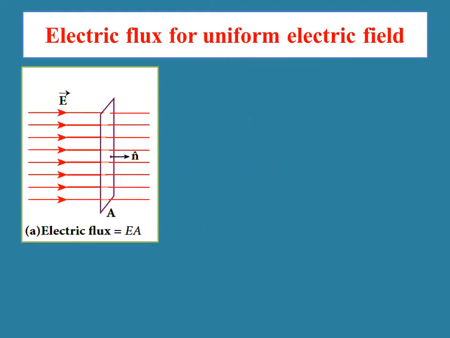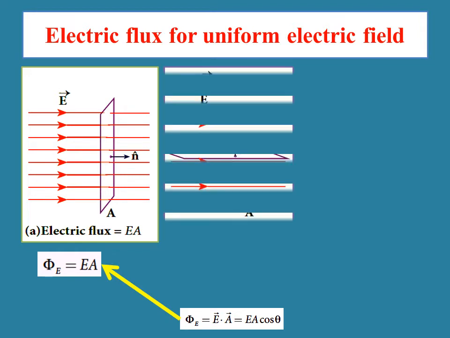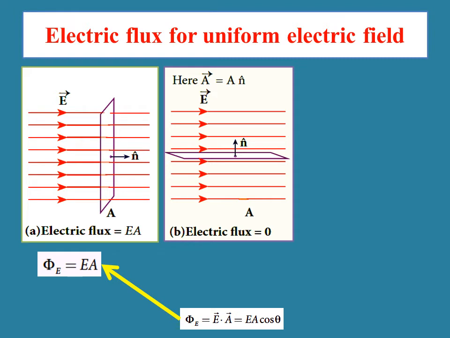Next, you have the electric flux at different positions. First we'll see for uniform electric field. Electric flux, as I told you, is equal to psi, which depends upon the electric field and the area in which the area is being placed, whether it is going to be parallel or perpendicular or inclined at an angle theta. For the first diagram, the chosen area A is normal to the electric field lines. So the value is going to be psi equal to EA, because psi is equal to EA cos theta, and since theta is equal to 0, you get it as EA.